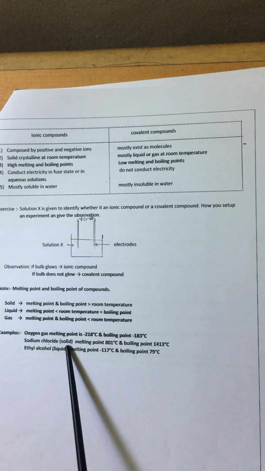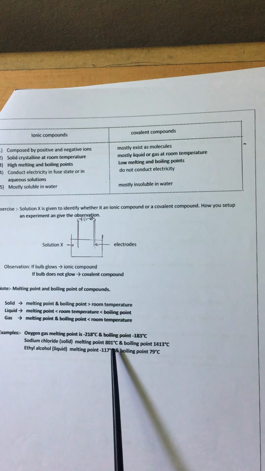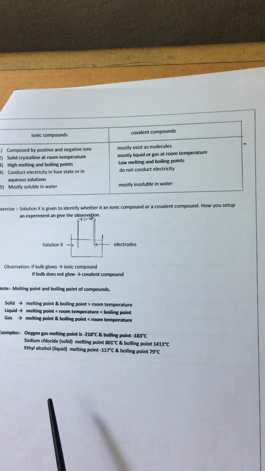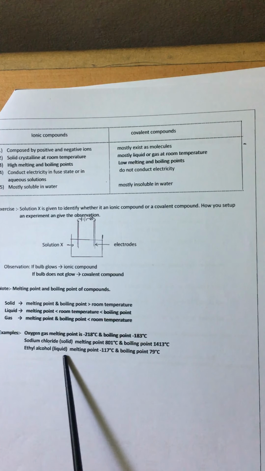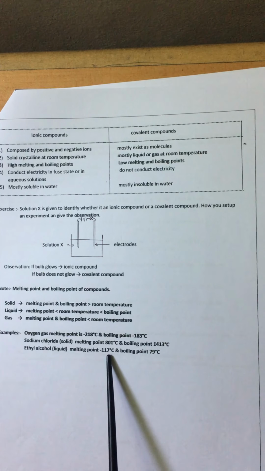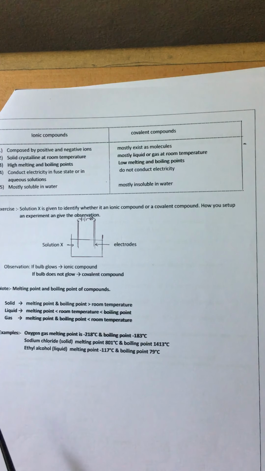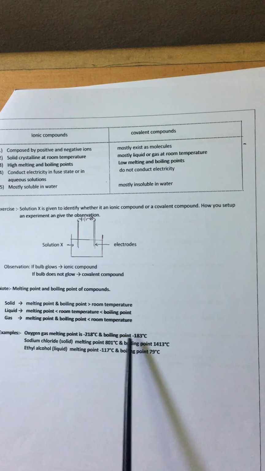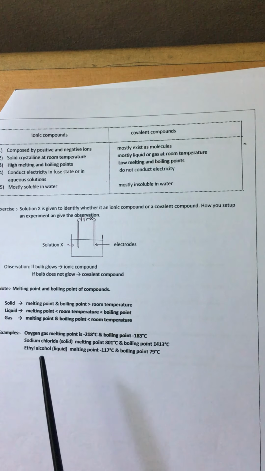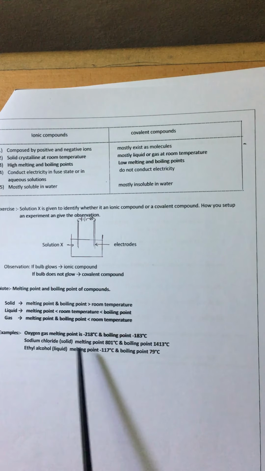Sodium chloride is solid. Solid means the melting and boiling point is more than room temperature. Here see 801 and 1413. Ethyl alcohol is liquid. That means it already melted at room temperature. Therefore, minus 117 is the melting point. But now if it wants to become gaseous state, you need more temperature. Therefore, the boiling point is more than the room temperature. So from this, when they give the melting point and the boiling point, you can identify the physical state of the substance. In the first part, they will give questions from this, right?